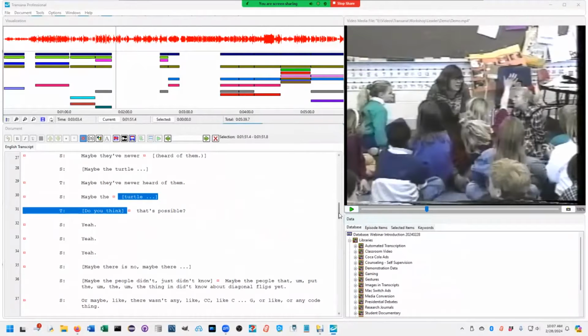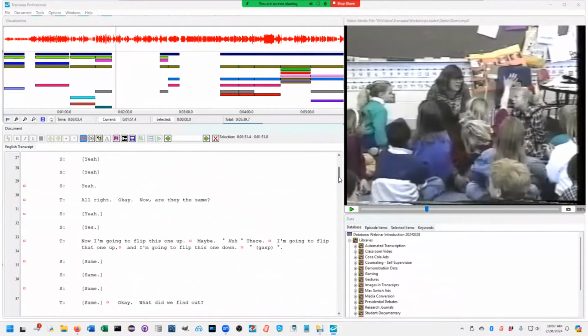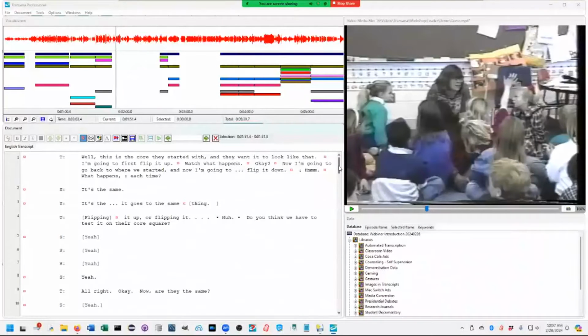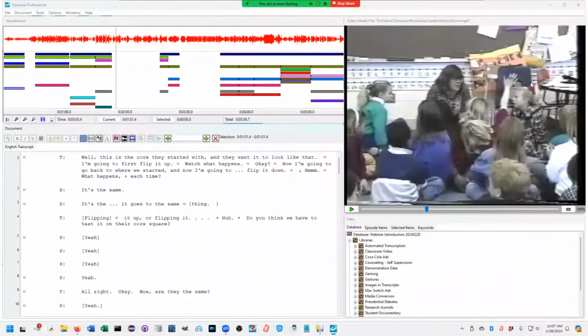But the transcript is also really important for another reason. One of the things that I want to emphasize is that when you're working with media data, the media file is your data. One of the things that I see a lot when I am doing lit reviews is people will say we video recorded or audio recorded interviews, and we transcribed them, and we threw away our media files and analyzed the transcripts. And that makes me nuts, because you lose so much valuable information when you lose your